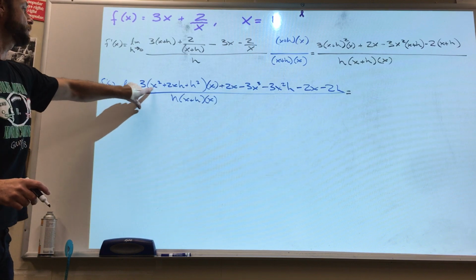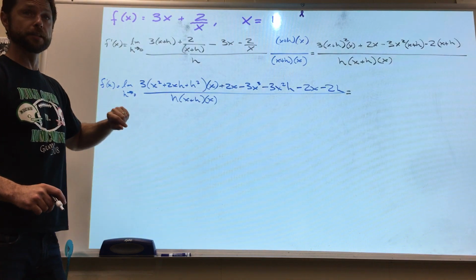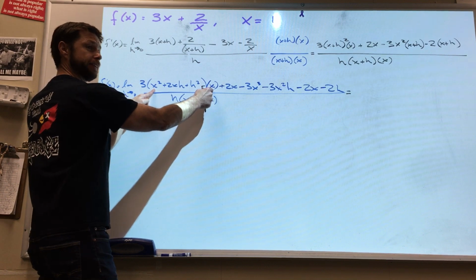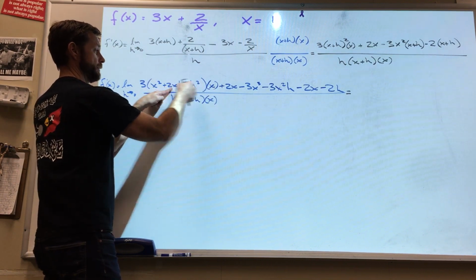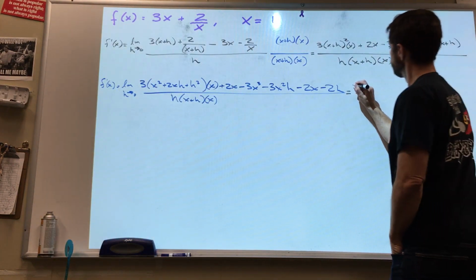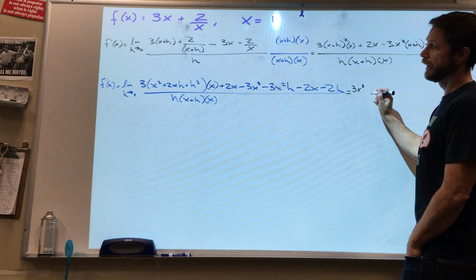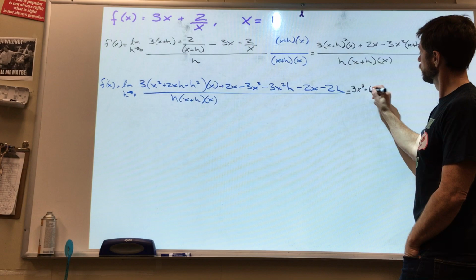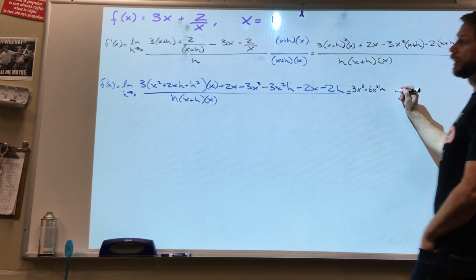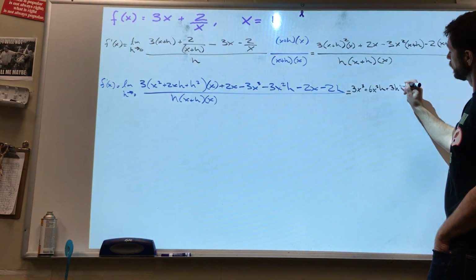So I've got 3x squared plus 6xh plus 3h squared, and then all of the x's go to that. So I'm gonna do that in one. So everything basically here is a power higher, isn't it? So that's really an x cubed. That's an x squared. And that's an x, and then I'm going to go to the 3's. So I have 3x cubed. I have 6x squared h. I have 3h squared x